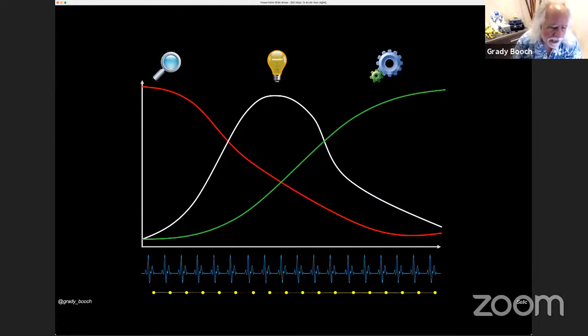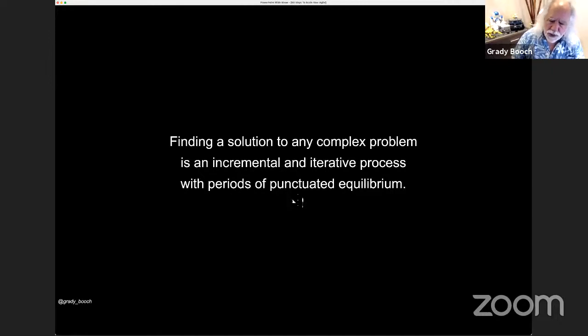Every healthy project looks like this. And the important thing is there is an overlapping of those three. At any one moment, you are inventing, you are discovering, you are implementing in varying degrees. Every project does that. Every successful project does that along the way. So a solution to any problem is really one of an incremental and iterative process with these periods of punctuated equilibrium. Quick aside, I am using a phrase here from the book, The Sciences of the Artificial by Herbert Simon,